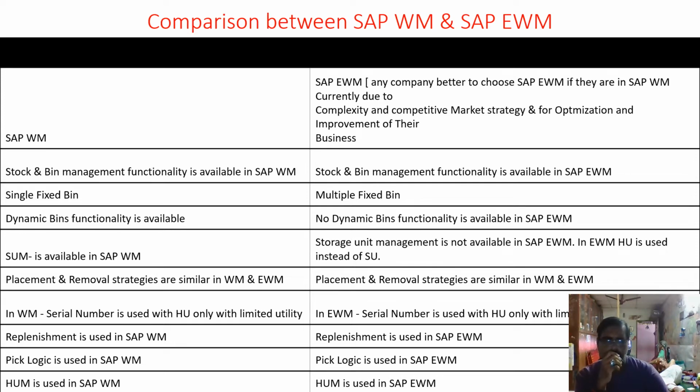In my experience, configuring serial numbers in WM with HU will be more complex. We need to depend more on SAP support, and we need a lot of OSS functionalities. So simple WM is very easy, but with WM HU integrated, cancelling the transfer order and everything is quite complex, right? Whereas in EWM, the serial number is also there, and HU